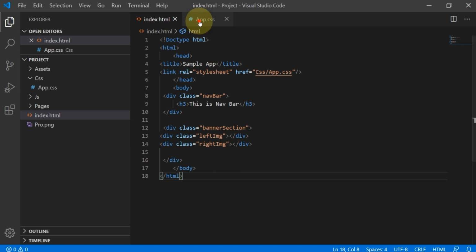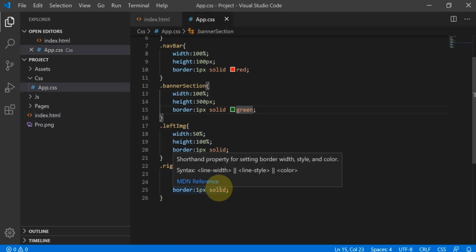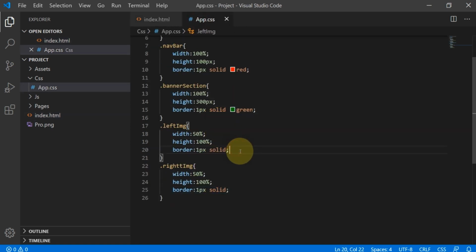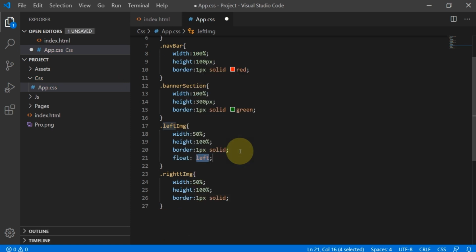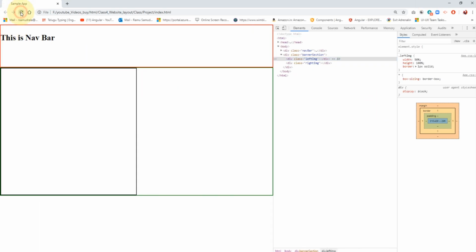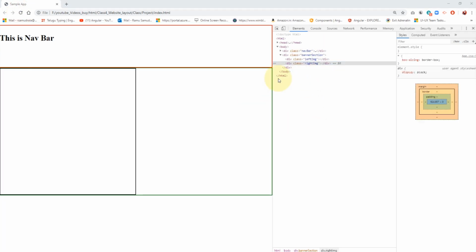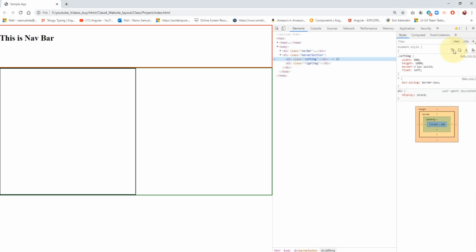In CSS3 we have one property, that is the float property. So float left, and here also float left. Now just check here once. If I select the left image, the left image class appears.